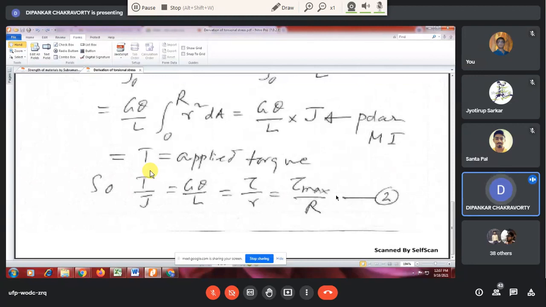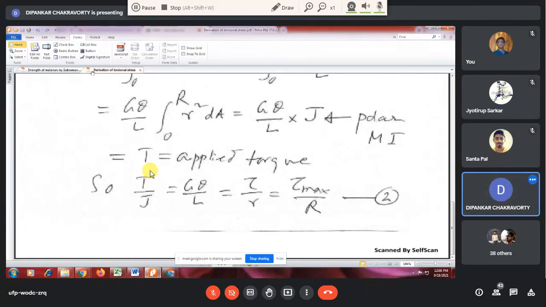Seshri ma'am has taught you bending of beams. She has started. Sigma by y equal to M by I equal to E by R. Have you learned this? Okay, she will teach you. Because this relation which you have got for torsion, you will get an analogous relationship for bending as well. Okay?